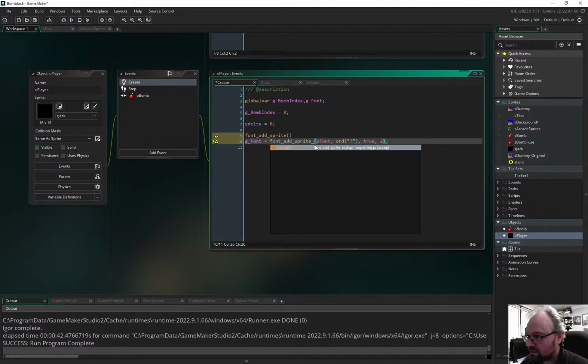Font X, that's the one. Okay, so this is going to be